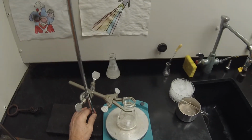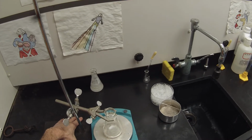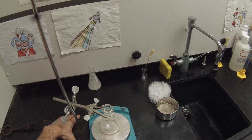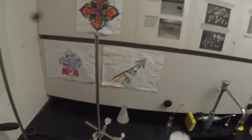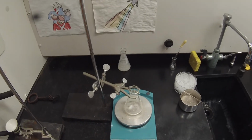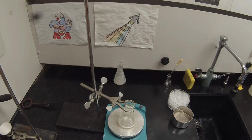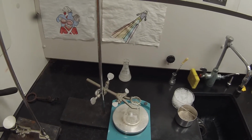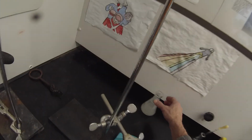And I'm not going to cool that in an ice bath yet because I want that sodium bromide to mostly dissolve before I do. Need to cool it in an ice bath before I add the bleach, but not sooner. And I'm going to crank that way up. Let that stir at 600. And we're just going to let that cool slowly. So I'll turn this off again for